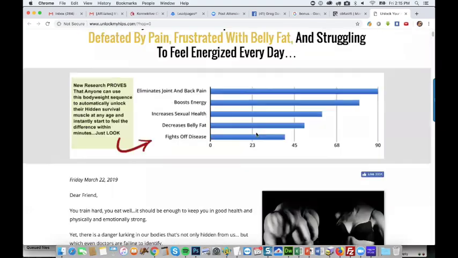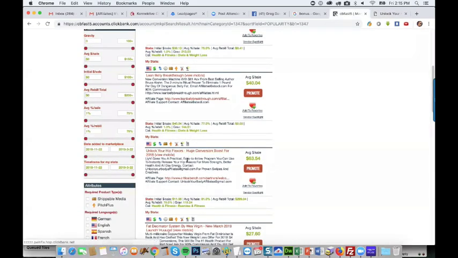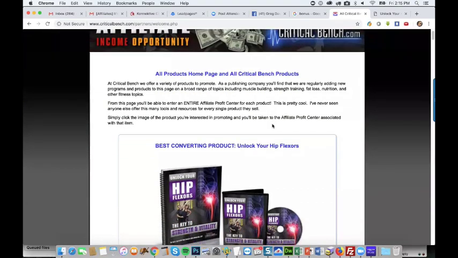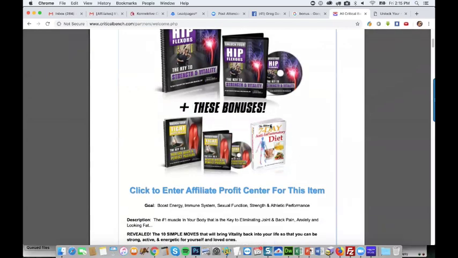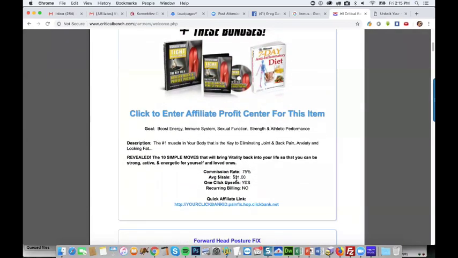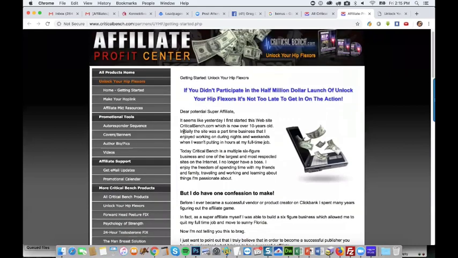So, let's see what we have as far as the promotional materials. They have their own. Here we go, affiliate page. So again, this is really, really valuable in putting together a campaign. Oh man, this is great. They give you an autoresponder sequence. That's awesome because that's something we're going to want eventually.